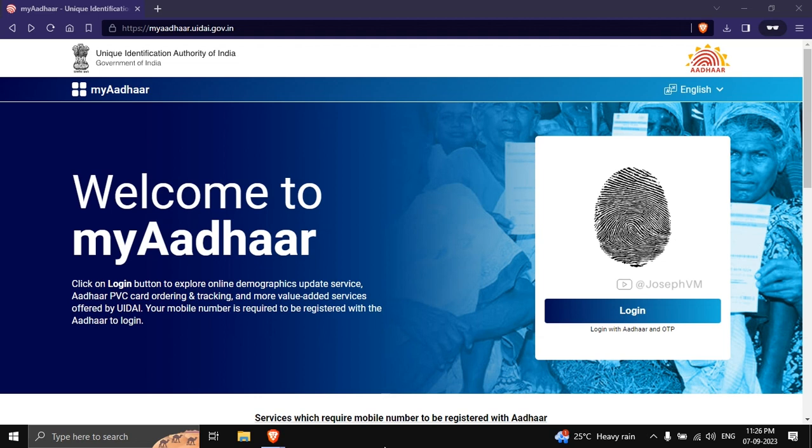Please keep in mind that this update is specifically for ensuring that the details on your Aadhaar card are accurate and not for changing the information itself. If your Aadhaar card does not contain any inaccuracies and you have valid proof documents to verify your identity and address, you can continue watching this video. However, if your Aadhaar card requires corrections, please make those updates before proceeding with this tutorial. You can easily update your address online, but for any other changes, you will need to visit an Aadhaar Seva Kendra. Now let's get started with the document update process.